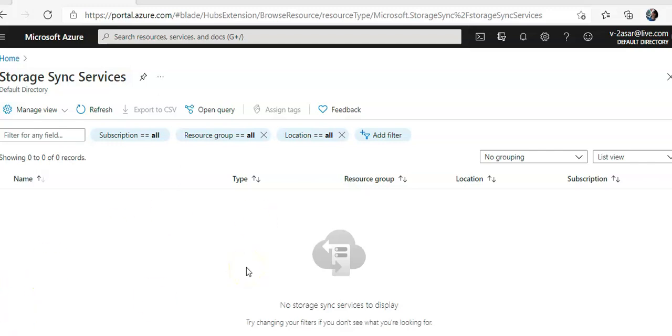So the deployment process would be that we have to evaluate the on-premise system. Then we'll have to create Azure resources, which include a storage account to contain a file share, a storage sync service, and a sync group. We'll have to create the resources in that order. So we'll create a storage account, then the file share, then the storage sync service, and a sync group. Then we will install the Azure File Sync agent on each file server that's taking part in the replication to the storage sync service. Then we will register the Windows Server computer with the storage sync service. Then we will create the server endpoint in the sync group after the server is registered.